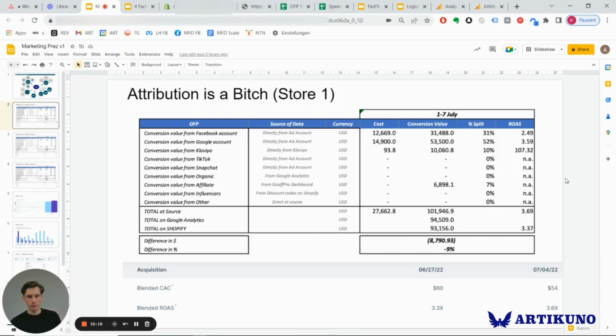But the point is, those ROAS figures are inflated, and you have to be careful, right? Especially if you're on edge in terms of break-even ROAS across all of your marketing channels, you need to be careful not to spend too much because you might actually be unprofitable because of this attribution issue. This is a very common issue: people spend a lot of money thinking they're profitable with a 2.5 ROAS because their break-even is 2.4, but in reality they're actually making a 2.3, and then they're unprofitable. And if you don't track it week to week, you might actually miss those nuances,